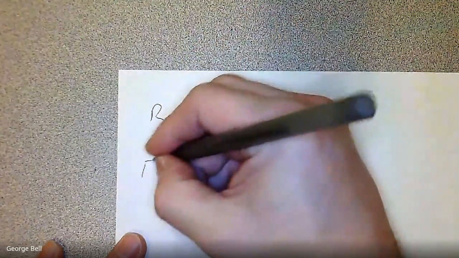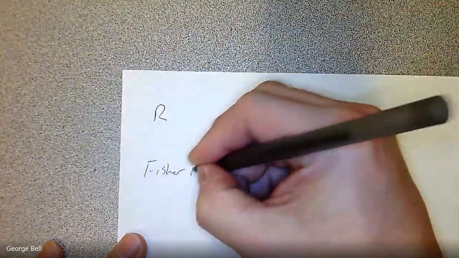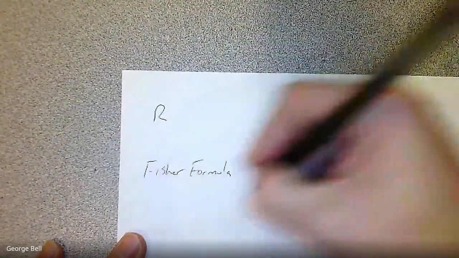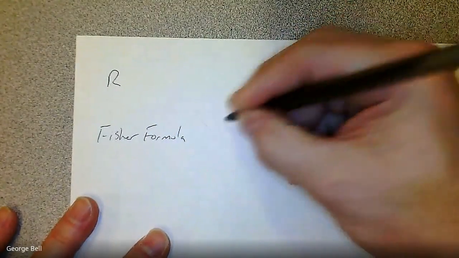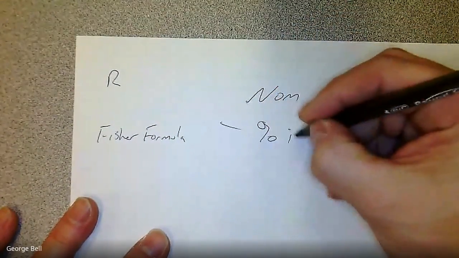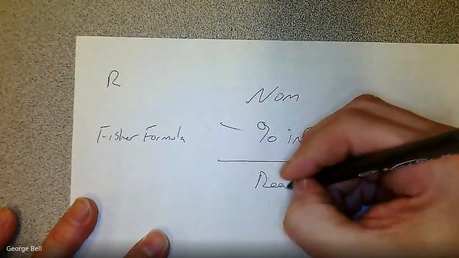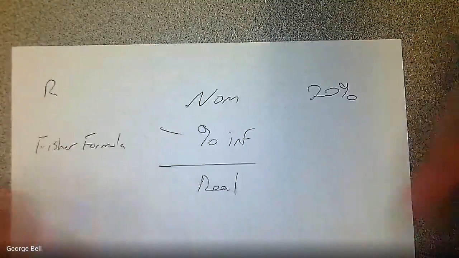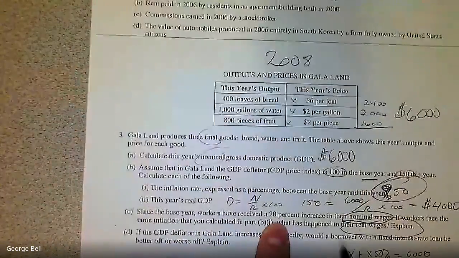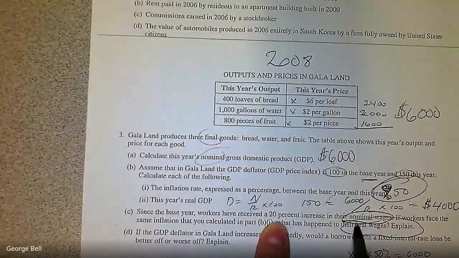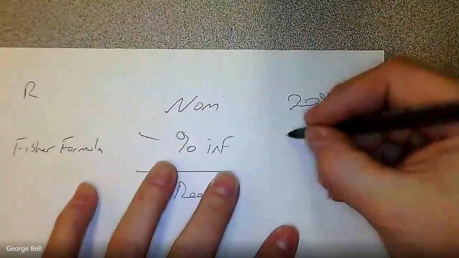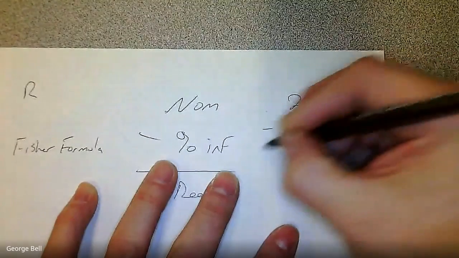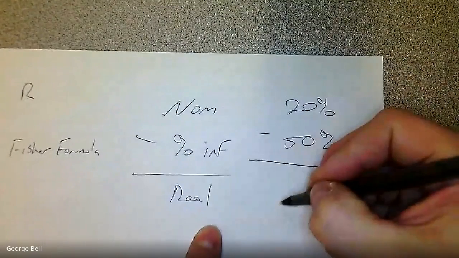To calculate this, we have to know what's called the Fisher formula. It's unlikely you're ever going to actually see this name come up, but what this basically says is nominal minus the percentage inflation equals real. Now, we know that those workers got a 20% raise. That's what it just said in the problem. They said they got a 20% nominal increase. The inflation rate was 50%. That gives us a real number of